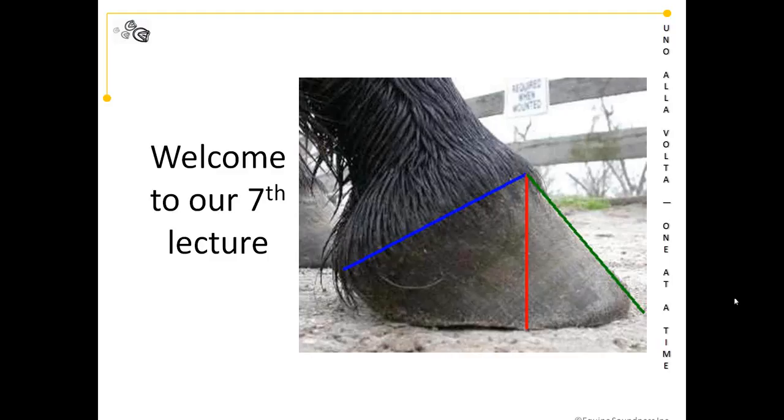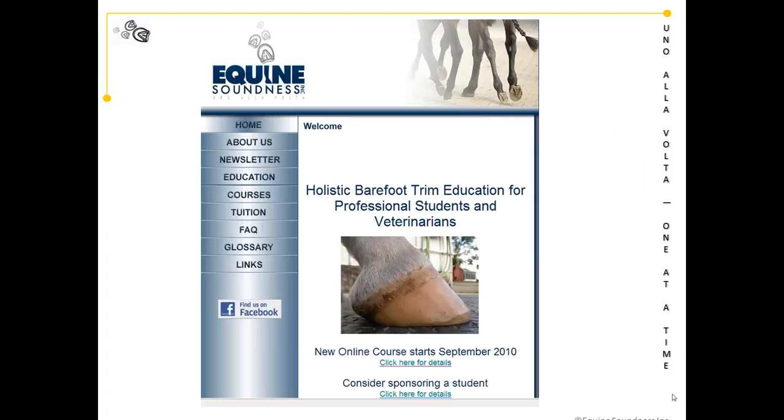Tonight we will be talking about hoof form and hoof proportions. But before we start with that, I would like to